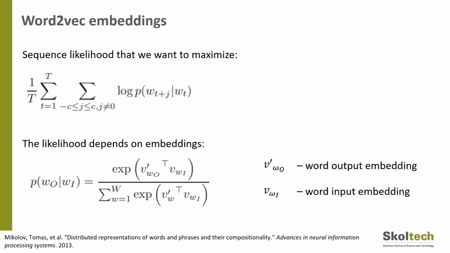I don't think how this code is related to Word2Vec actually. Okay, but let's explain and see. Maybe I think about something different. So we want to maximize the likelihood of a sequence, and we want to say that this likelihood depends on embeddings. And we say that the likelihood of a sequence or a sentence, if you're talking about NLP data,